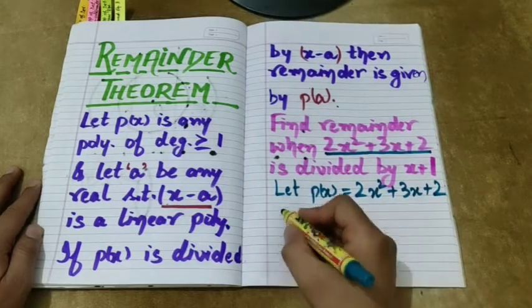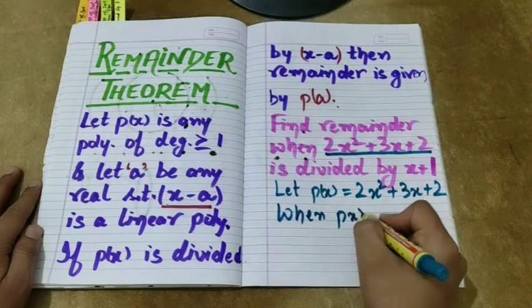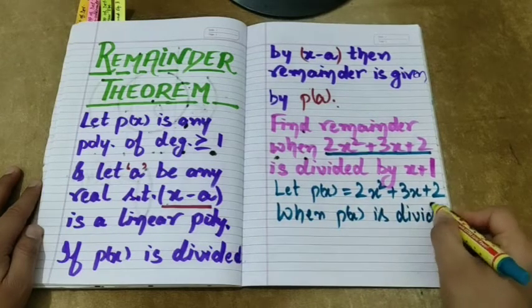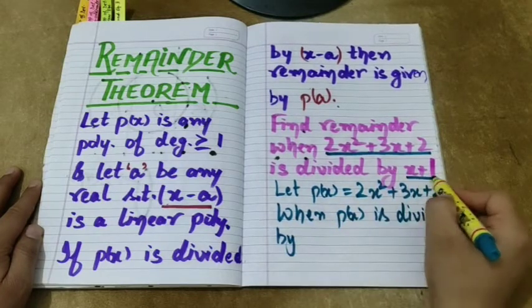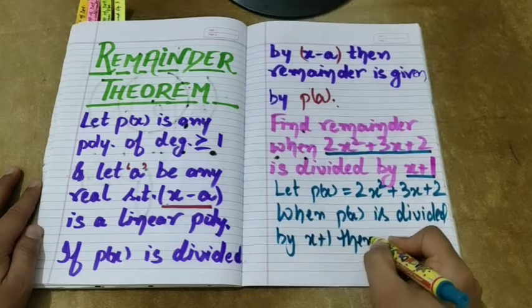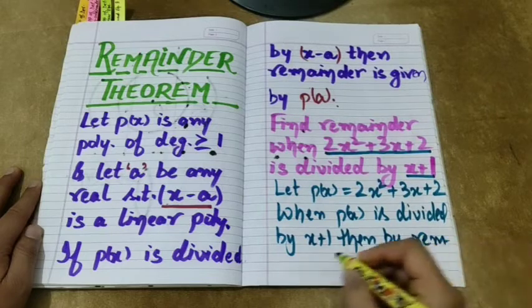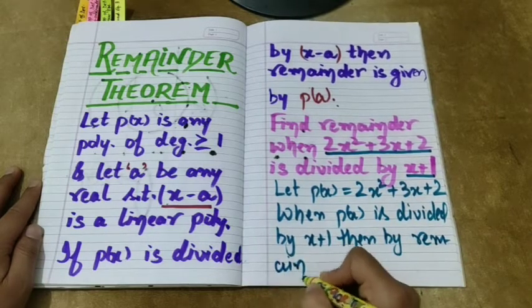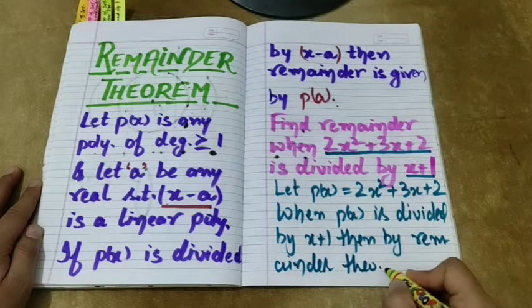Then we write: when p(x) is divided by x plus 1, then by the remainder theorem, the remainder is